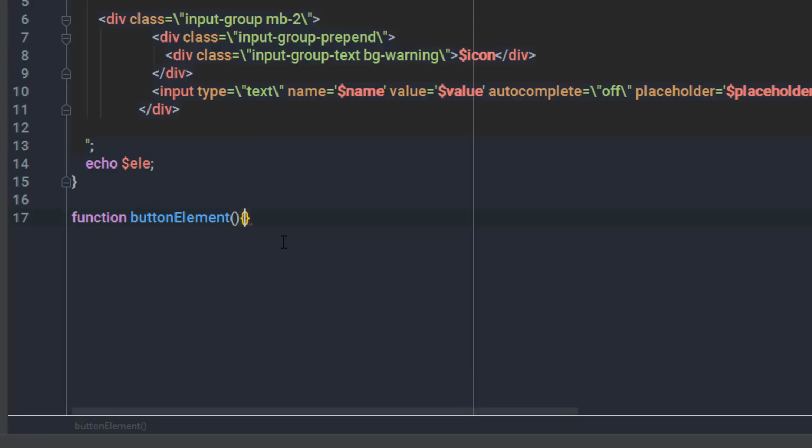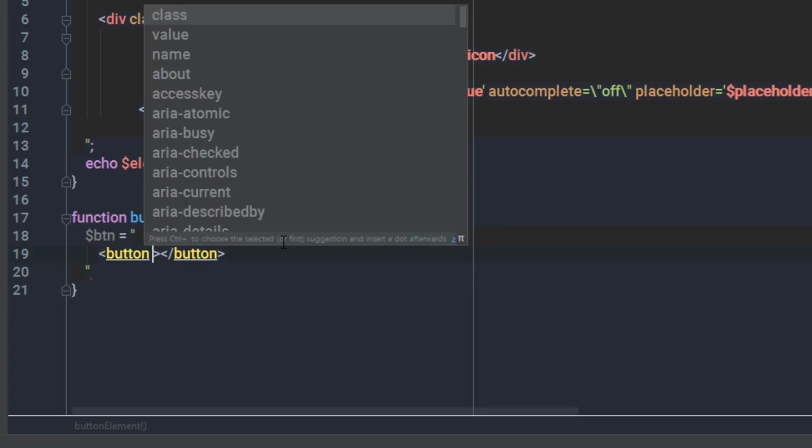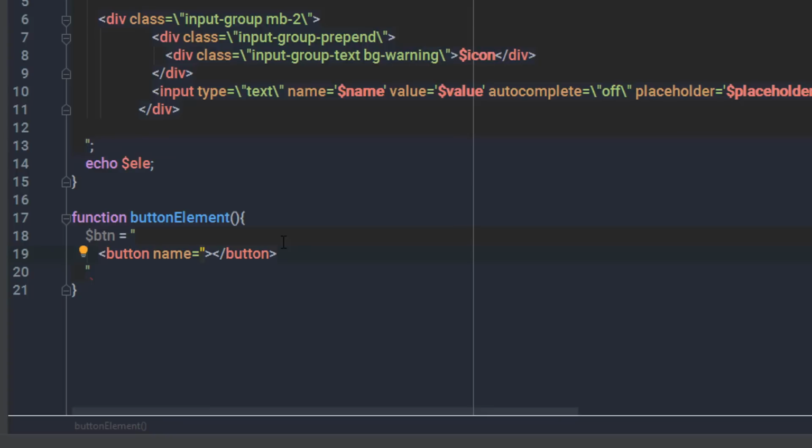In this function, I'm going to create a button. So I'm going to just create a variable btn, and I want to specify an HTML tag here. So I'm going to just specify double quote, and right here I will create a button. So I'm going to just say here button and just close this button, right? Now to this button, I will first specify name attribute. I'm not going to specify the hard-coded values here. Instead of specifying the hard-coded values, I will specify a parameter here. I'm going to just create a parameter and just specify that parameter variables, right? So I'm going to just create here a first parameter btn id